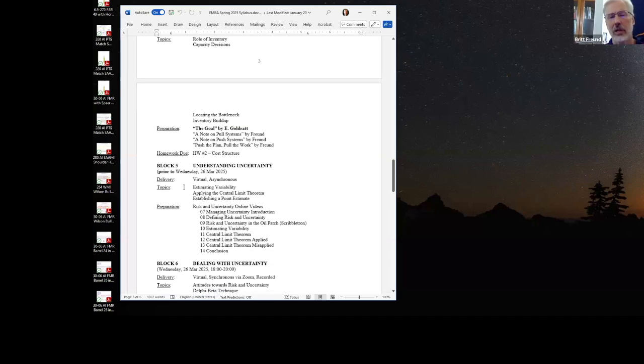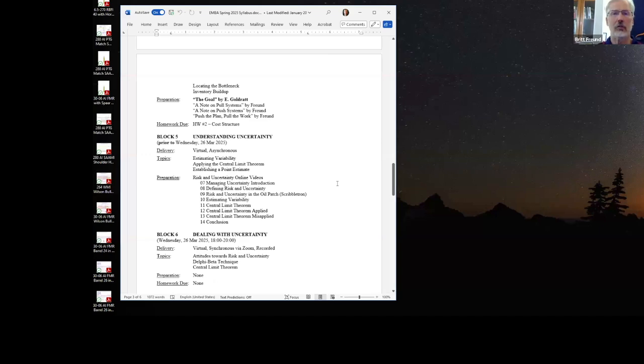In particular, we're going to be estimating uncertainty. We're going to be talking about the central limit theorem. And we're going to be talking about something called the news vendor problem that allows us to collapse a range estimate into a point estimate. So if you struggled with stats, or some of the analytical components of stats and probability are challenging for you, you want to make sure to get ready for that course. Block 5 is the stuff I've asked you to look at in advance, and then block 6 is what we'll actually do next Wednesday. So that's the plan. Before I get going, any questions?